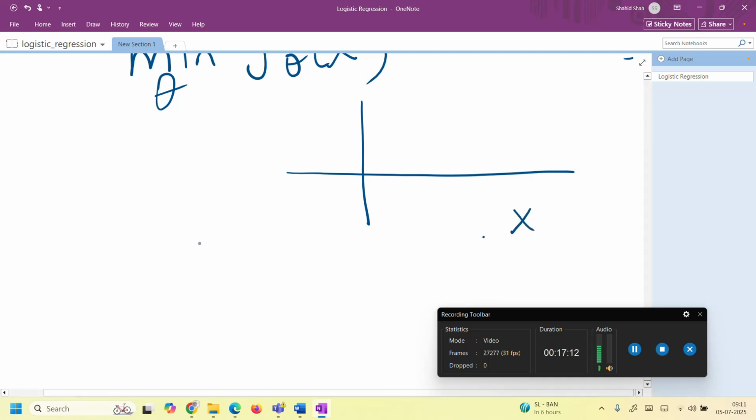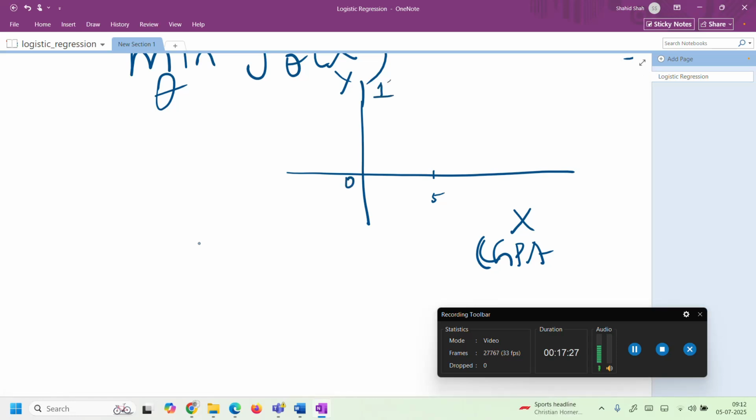Suppose on the x-axis we have x, that is CGPA, and on the y-axis we have just points. Let's start with a CGPA of, of course, 5. So this is y, this is 0, this is 1. Suppose the low CGPA students will not be placed, so we mark them like this, and abruptly at 7 CGPA students get placed like this. Very simple example. So this is how the data set looks, and we need to basically decide something called a boundary,